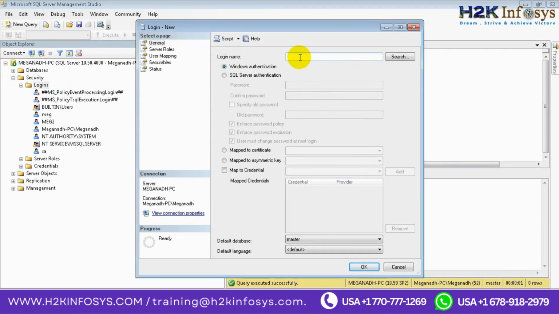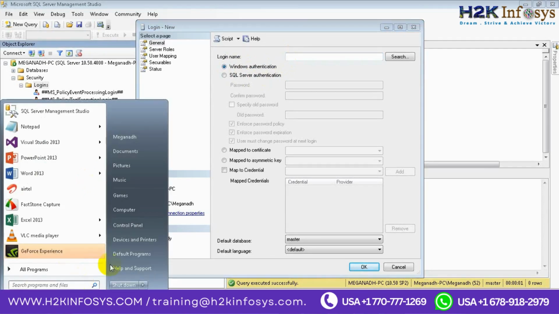When you are working for a company, every user will have a login name. When you are selecting Windows authentication, you need to give the Windows login name. So for Windows authentication, you have to give the login name of your Windows system. For example, if you see here, Start, Control Panel,